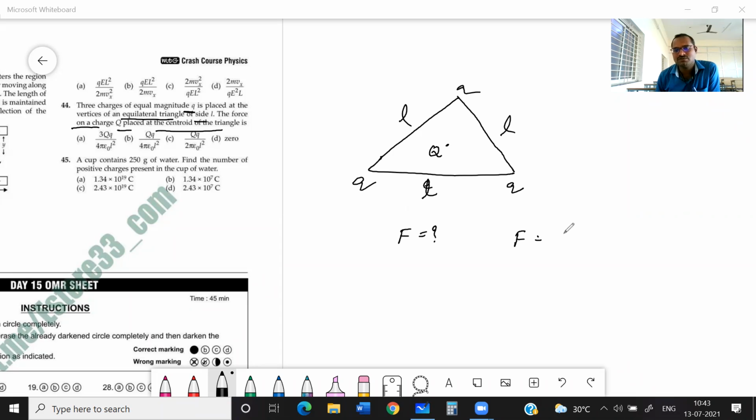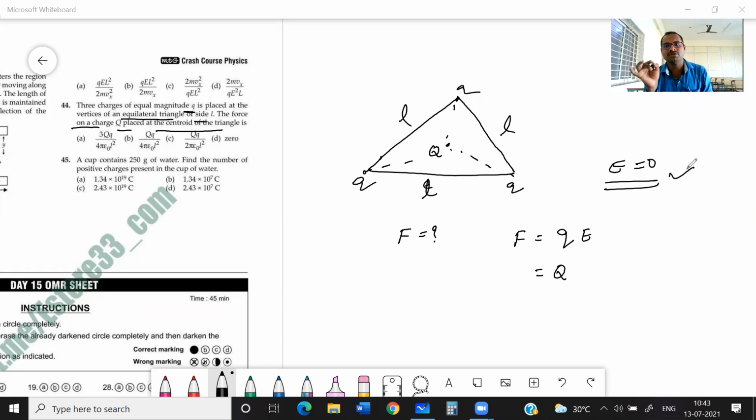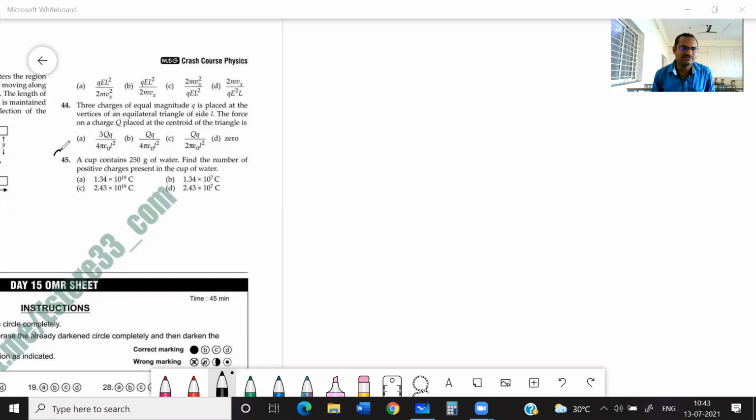As you know, force is equal to charge into electric field. The charge is capital Q placed. Now here, electric field how much? See, this charge distance and this charge distance, all the three charges are symmetric about point O, and all the three charges are equal in magnitude. So the electric field definitely will be zero. So simply remember, for a symmetrical distribution of charge about a particular point, the electric field will always be zero. So if the electric field is zero, then the force will be zero. How much force will be there? Zero force, no force. Now let us move on to question number 45.